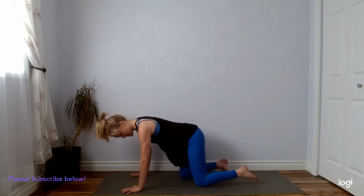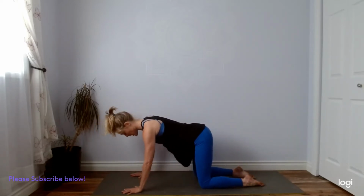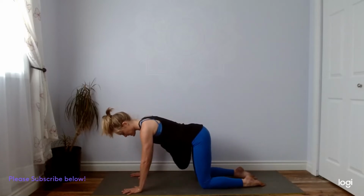Let's find our way into our tabletop position. Stacking our shoulders on top of our wrists, hips on top of the knees. And then turn the eyes of the elbows forward. Feel the foundation pressing the tops of your feet, your shins, your finger mounds, and the pads into the mat